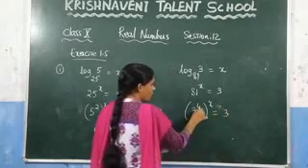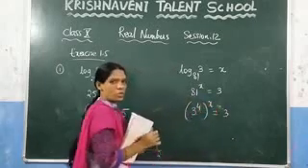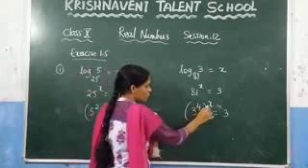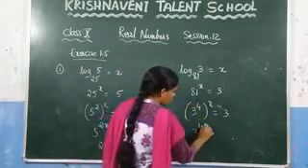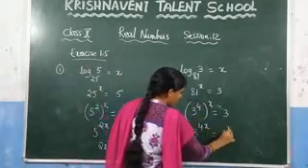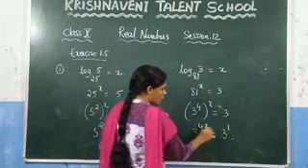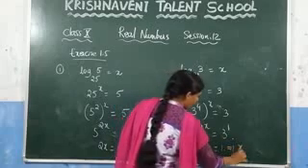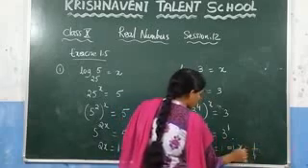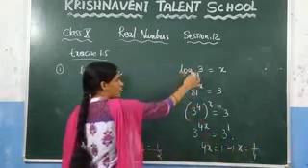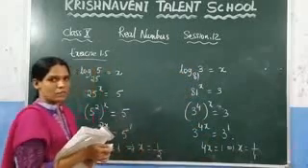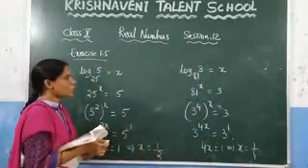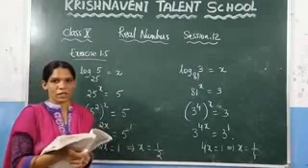It is in the form of a power m whole power n. So we can multiply these two values. You will get 3 power 4x is equal to 3 power 1. Since the bases are equal, you can equate the powers. You will get 4x is equal to 1. Then the value of x is nothing but 1 by 4. What is x? It is nothing but log 3 to the base 81. So the value of log 3 to the base 81 is nothing but 1 by 4.